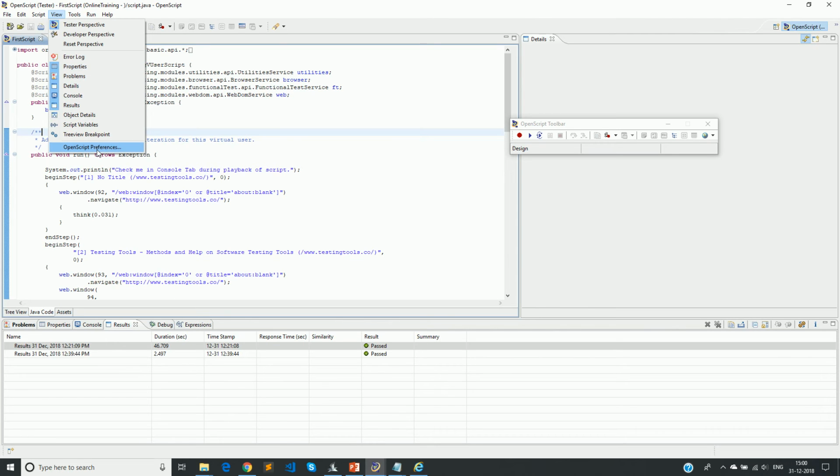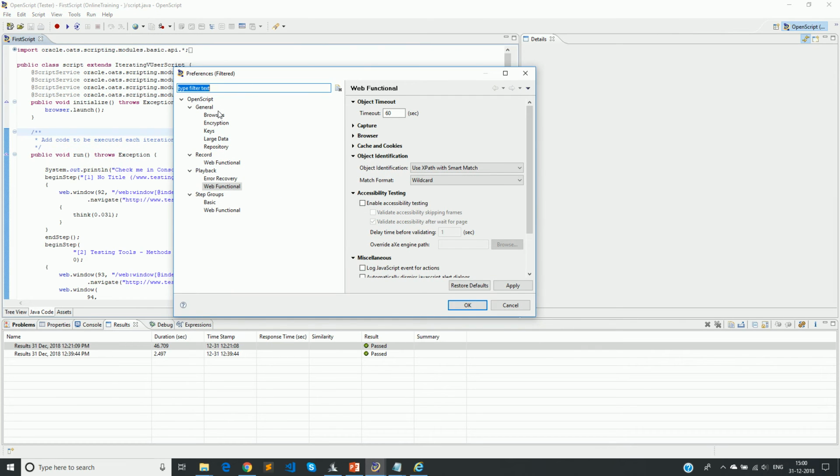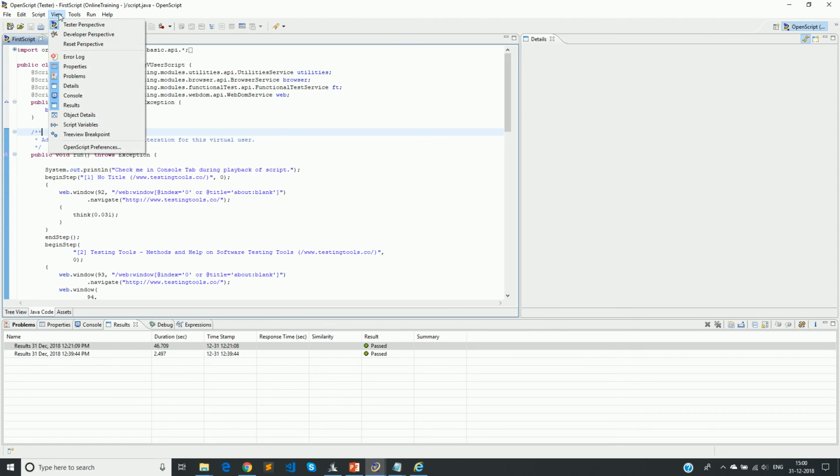And then we have also gone through OpenScript preferences, where we had looked at the record and playback settings. Those are the most widely used settings that we have. So we will understand more about error log, properties, problems, and all those things in the debugging related video course.